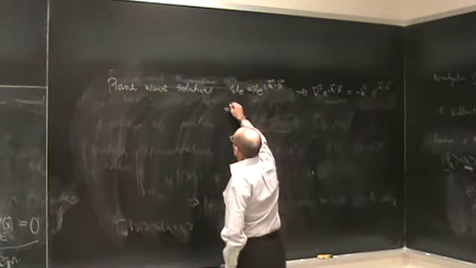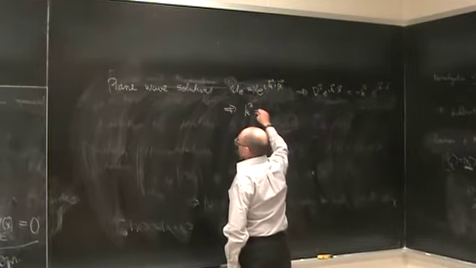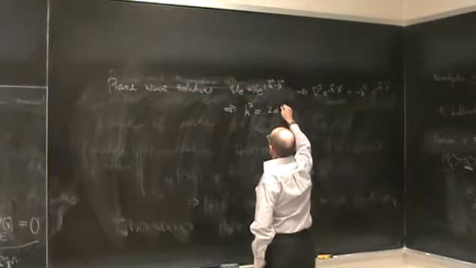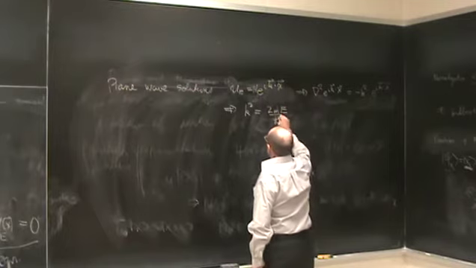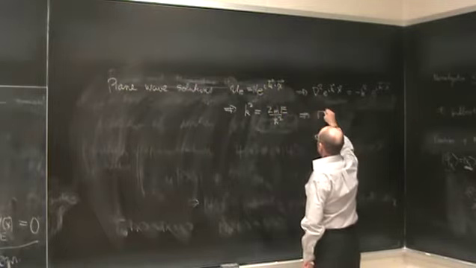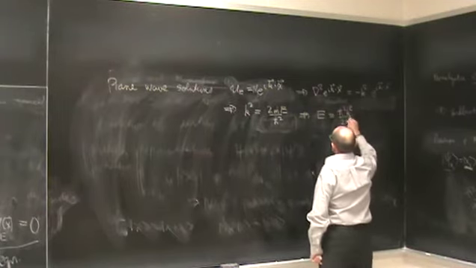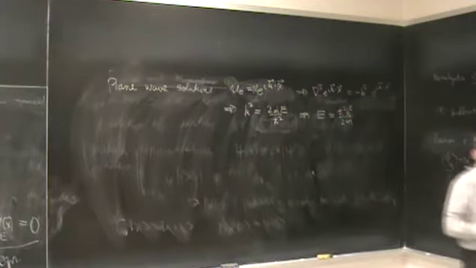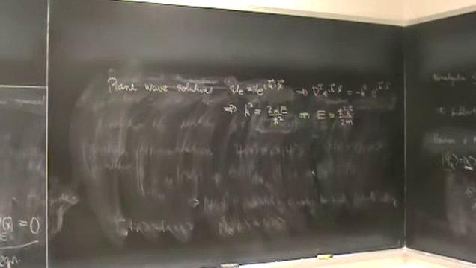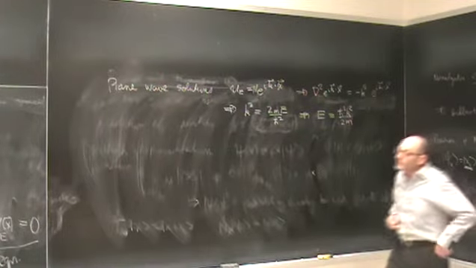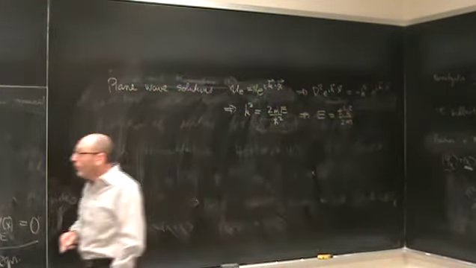So that means that k squared is equal to 2mE over h bar squared, or the energy is h bar squared k squared over 2m. We knew that from the start because, of course, for a free particle,